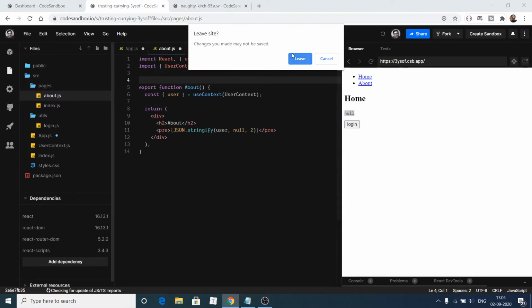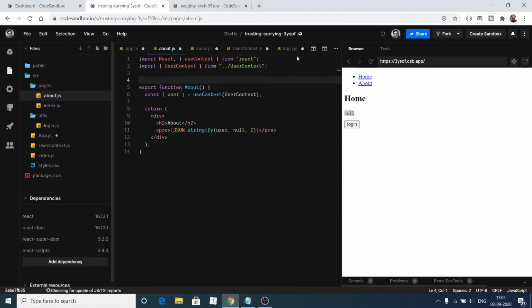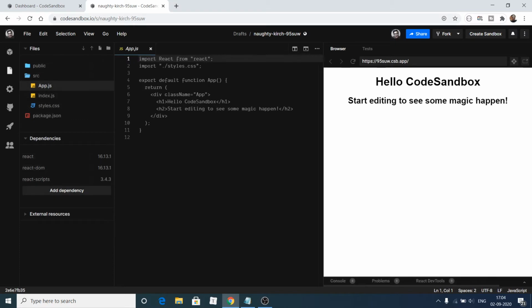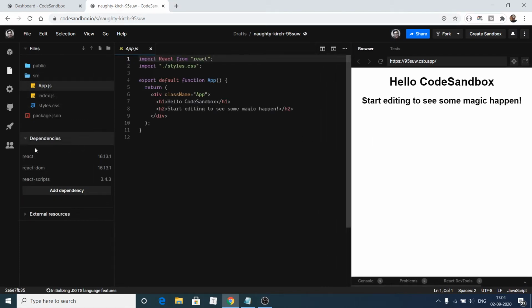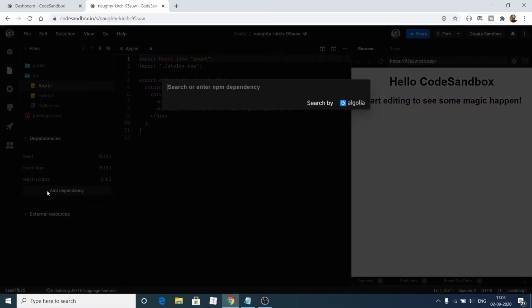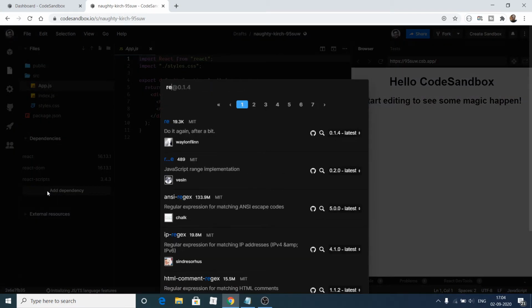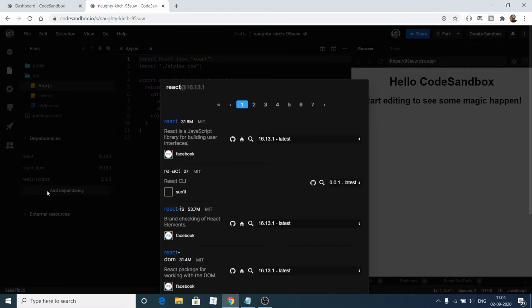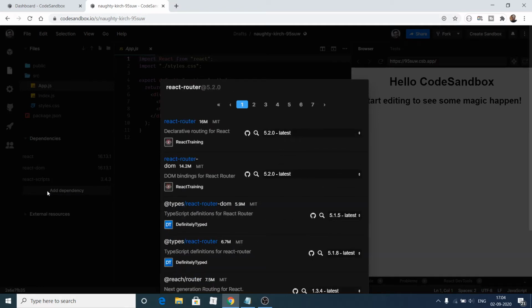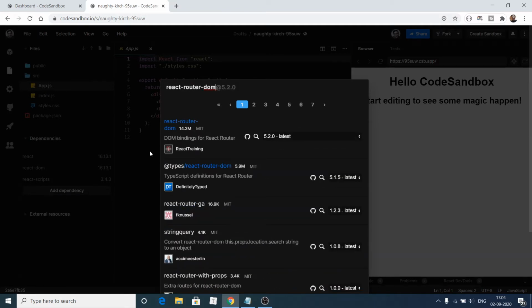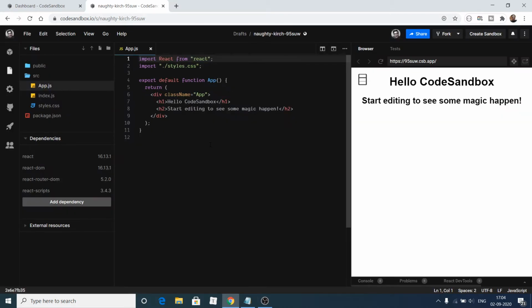The very first thing we will do is link up our routing functionality. There is a dependency we need to install, which is react-router-dom. So this is the first dependency. Click this and it will install it in the background.